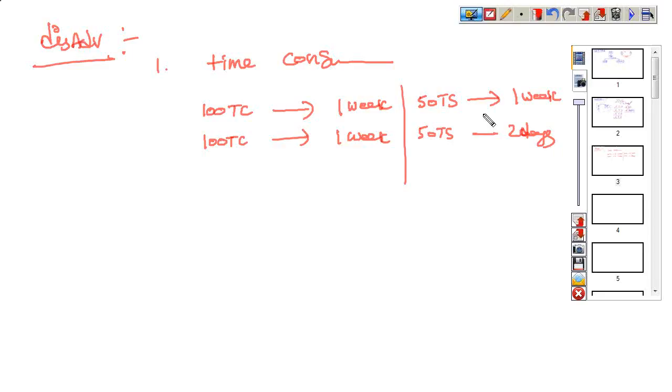So this is one of the drawbacks of manual testing: it is time consuming. The second point is the repeating problem. What is a repeating problem? If you want to test one functionality manually again and again, some number of times continuously,